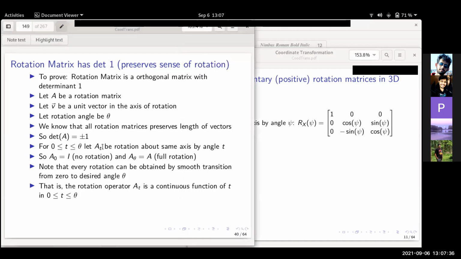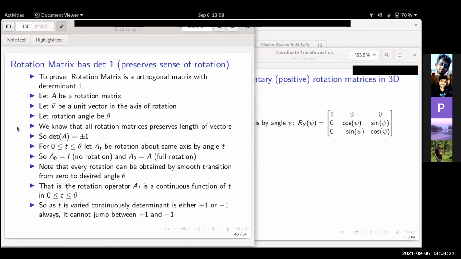Yes. The reason is the matrix is identity at 0 degree, you have A0. The determinant of A0 is the determinant of identity, which is +1. So it has to be +1 throughout, because determinant can take only two values, either +1 or -1. You have started with +1, and determinant is a continuous function of the matrix A, and the matrix A is continuously changing. So therefore, the determinant has to be +1. So this is the important argument which is used to show that the determinant of the rotation matrices is